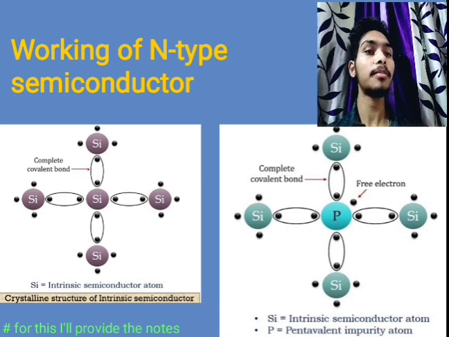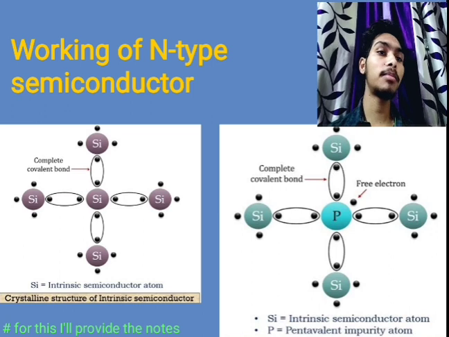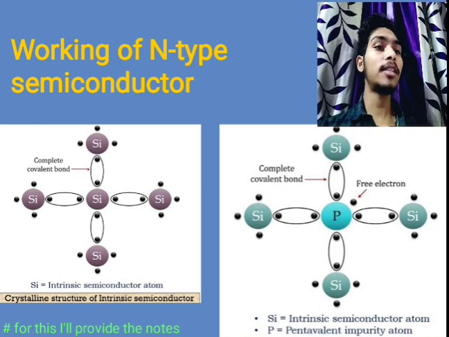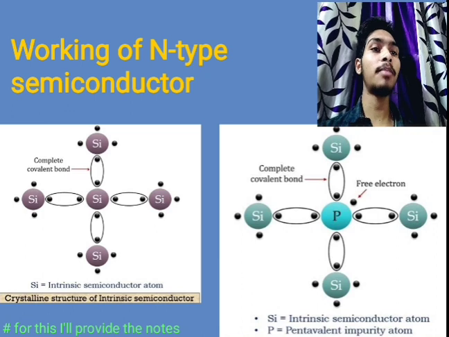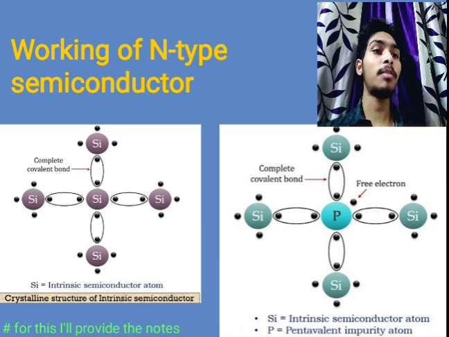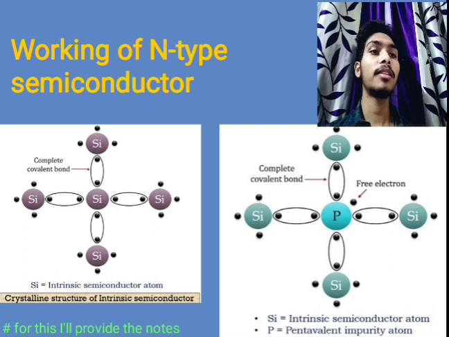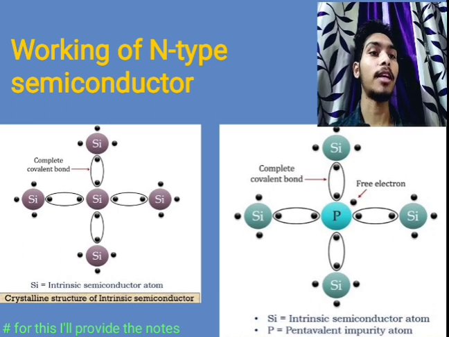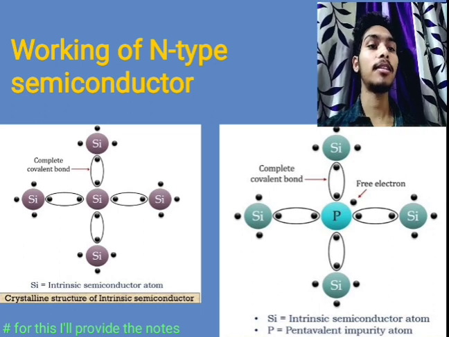Now, move to the next diagram. There are four diagrams, with silicon in each. In the middle, we have replaced the silicon with phosphorus. Now what will happen? It will form 4 covalent bonds with the neighboring 4 silicon atoms, and one free electron will remain. It is shown here. So what is happening? Temperature is not a concern; even